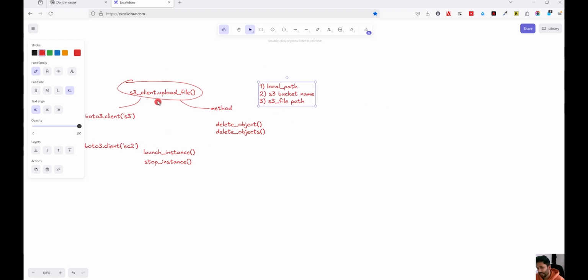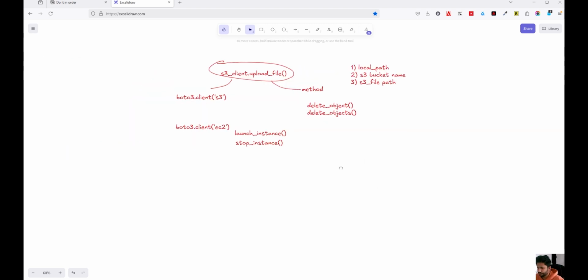So as I said, S3 client.upload file will upload the file from the local computer to S3, but it has to know where the path of your files is in the local computer and which bucket you want those files to be uploaded to, and it also needs to know the S3 file path. We will talk about the S3 file path a little later in the script, because in S3 you can't upload objects with folder names. It will just show it as a folder name in the S3 bucket. It is actually an object. It is just simulating the name with the folder, but it is not actually a folder. Okay,